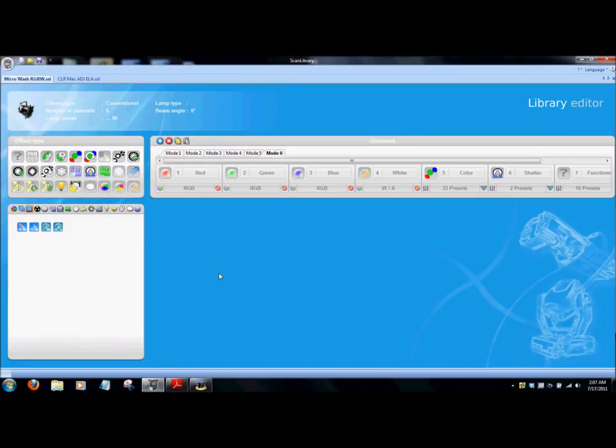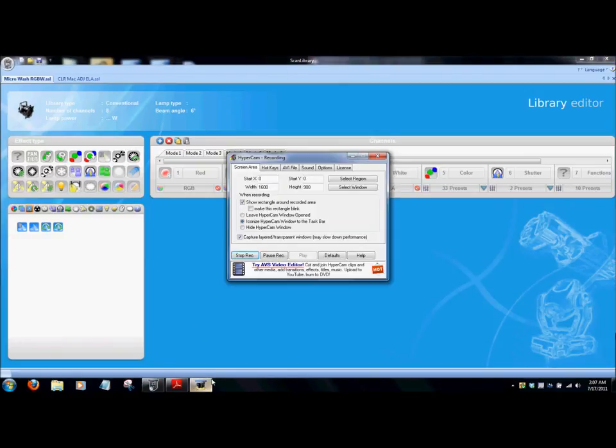But like I said, my DMX doesn't support it right now, so it's not a function that you have to worry about at the moment. So click OK. So now it's saved. And if you look at our desktop, we have microwash mode 1, 2, 3, 4, 5, and mode 6. And that's basically the general overview of